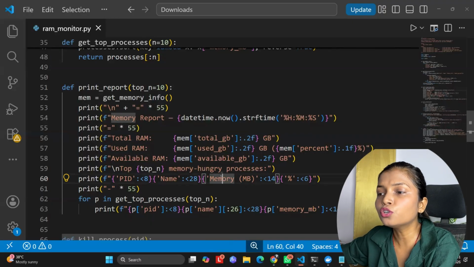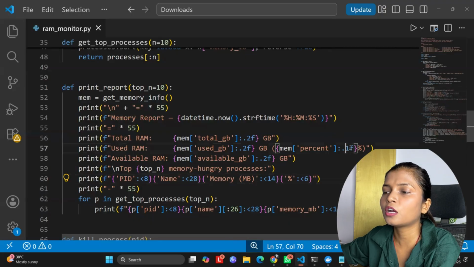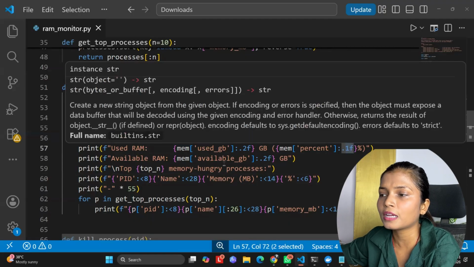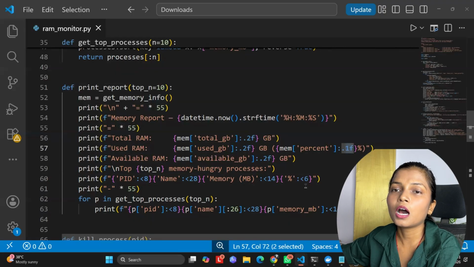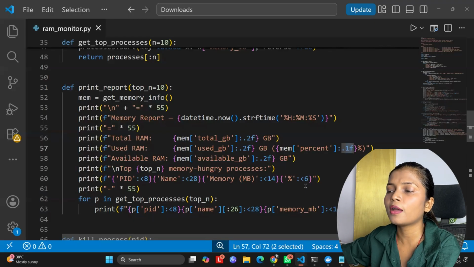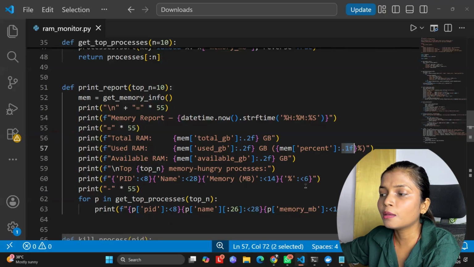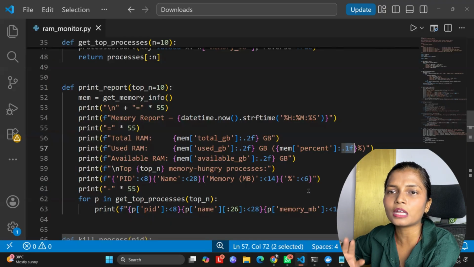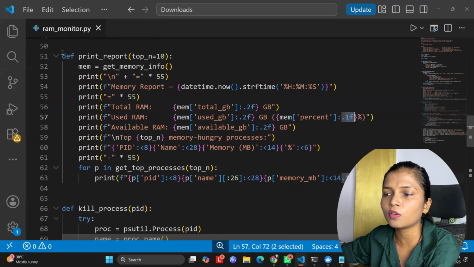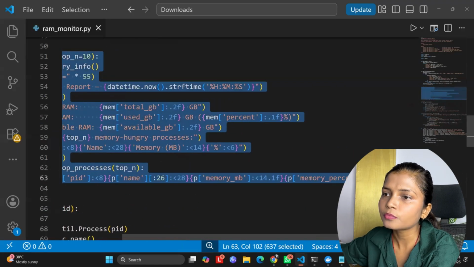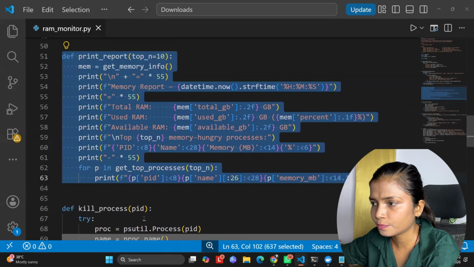That is why you should use f-strings, so that we can fix the width of formatting as well, because I do not want a long number like 1.16954, whatever number comes up, but just a few digits after the percentage, so that too matters a lot. That is why we are using f-strings. Now this will print the report, correct?